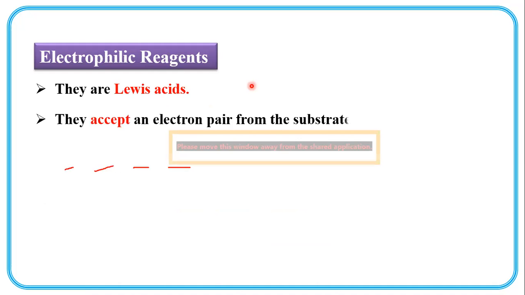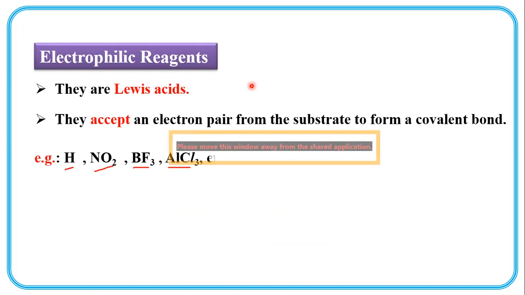They are also called as Lewis acid. What are these Lewis acids? Lewis acid accepts electron pair from the substrate to form covalent bond. For example, H plus, NO2 plus, or BF3